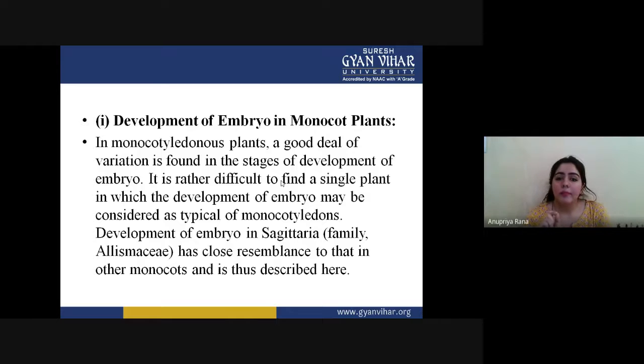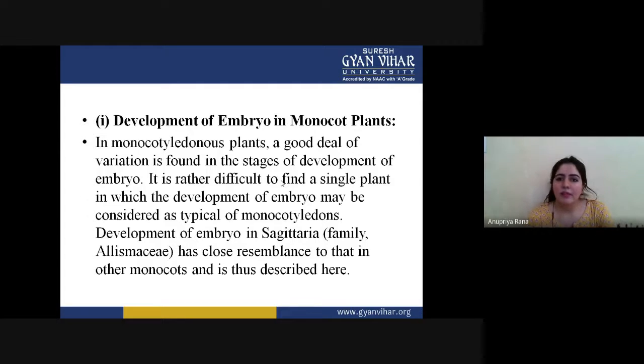So to study a typical monocot plant, I am telling you about the developmental phases of the embryo in monocots, but if there is no similarity, I cannot tell you each and every plant's embryo development. There are thousands and millions of plants on the earth, I cannot explain every embryo development. What we do is take a common thing which is similar in all kinds of plants. But in the case of monocotyledons, there are many differences. That's why the study of their embryo development is very typical.